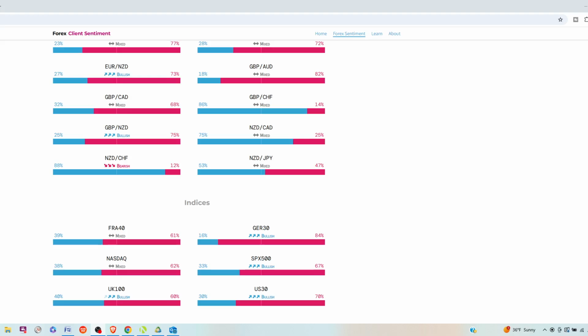This is one of them. Now, again, I don't have any interest in this site. It's a completely free site. You don't even have to register to use it. It's a wide open site. And there are other ones. myfxbook.com has one. I think they call it Community Outlook or something. It's on their website on myfxbook.